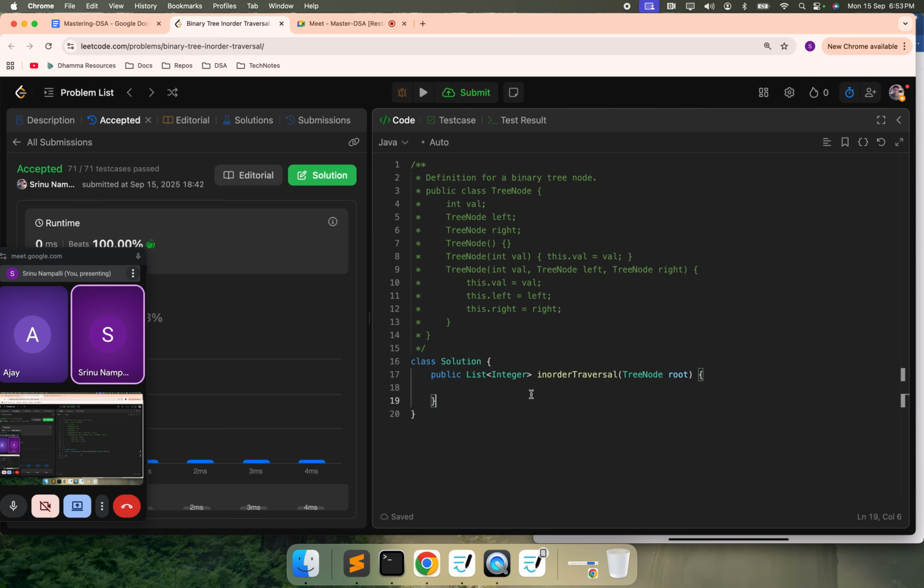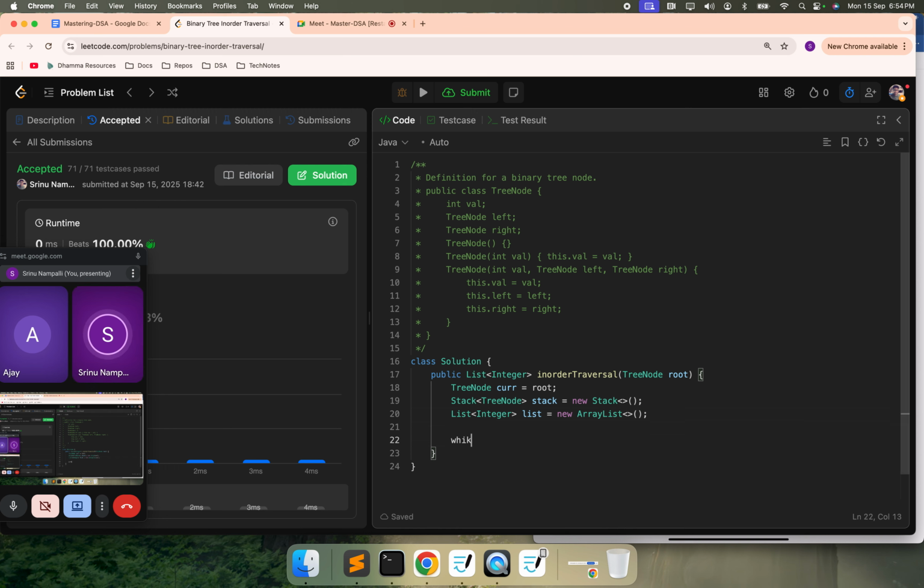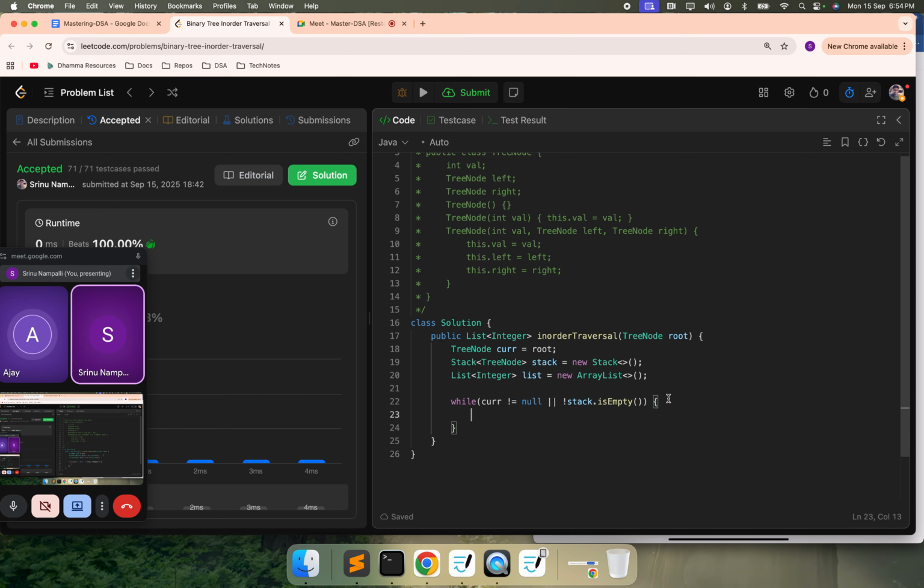So simply a tree node current, which is root, and a stack of tree nodes, and a list of integers, an array list. As long as current is not null or the stack is not empty, in either case we should move on, right? It should not end, right? Correct? So while